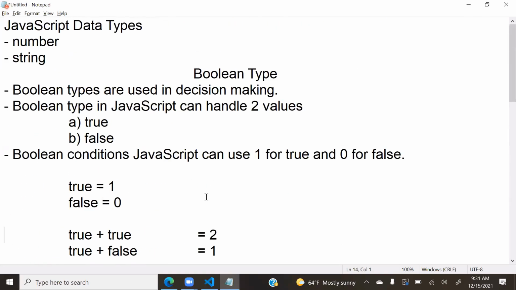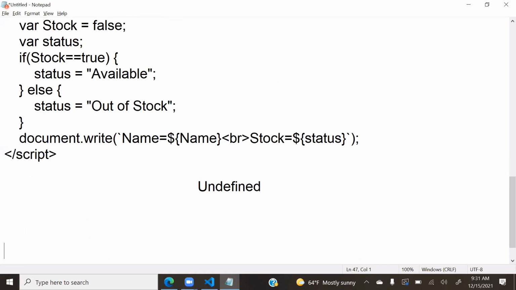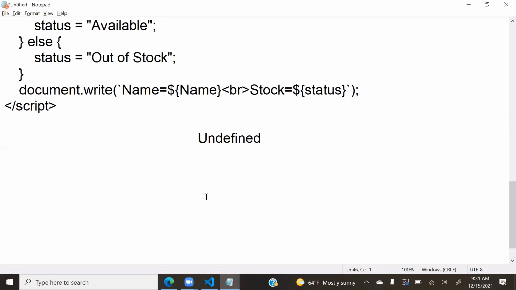Next, important in the data types, we have the undefined type. So we are discussing primitive types. In the primitive types, we have number, string, Boolean, undefined. Undefined is nothing but, it specifies that